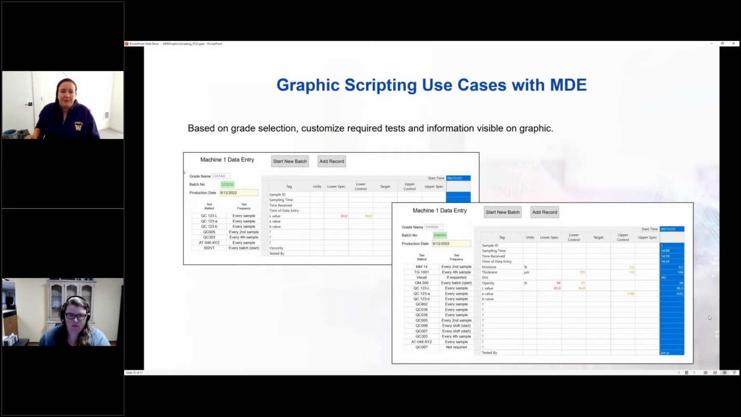Our next example looks at, based upon a grade selection, customizing information that is visible on the graphic. So within our manual data entry configuration on its own, we can configure different tests and specs to show up within the manual data entry grid. What is scripted then is the stuff that shows up to the left of that, where we have more information